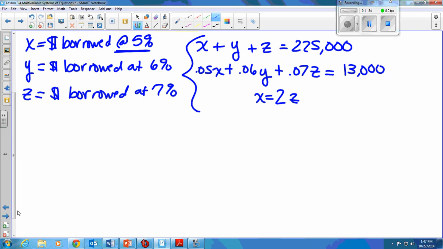So everywhere I see an X here and here, I could replace it with 2Z. But we're just going to do this to get a little more practice with our elimination method. So our very first equation: 1, 1, 1, $225,000. Then 0.05, 0.07,